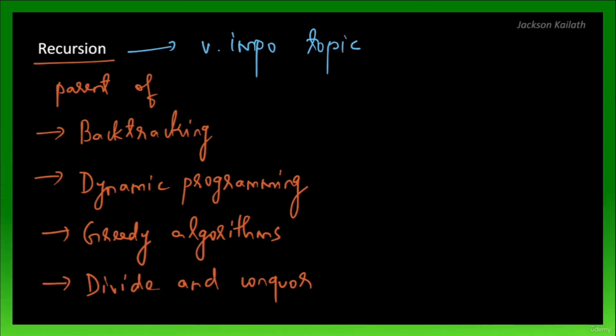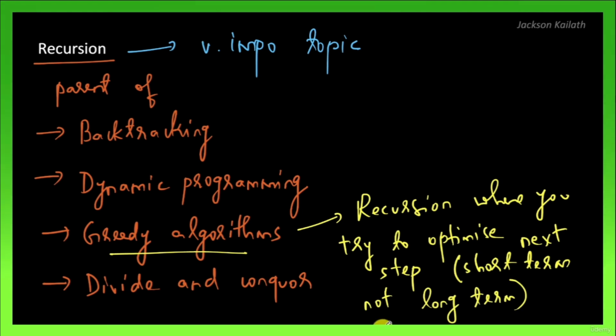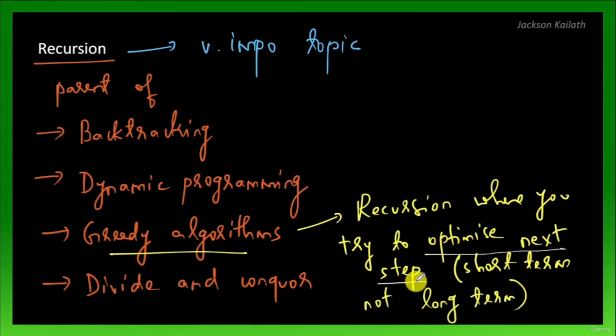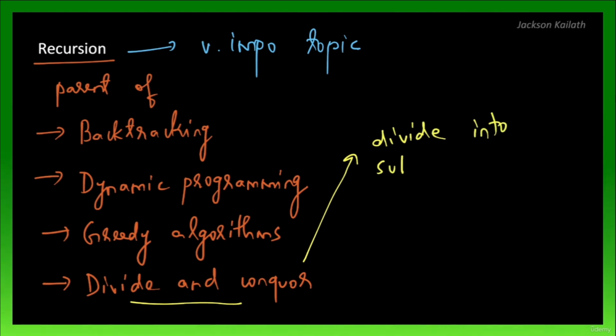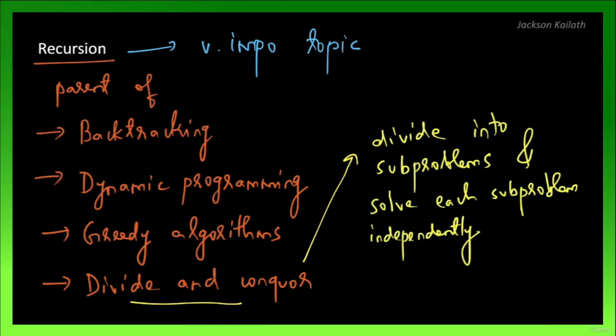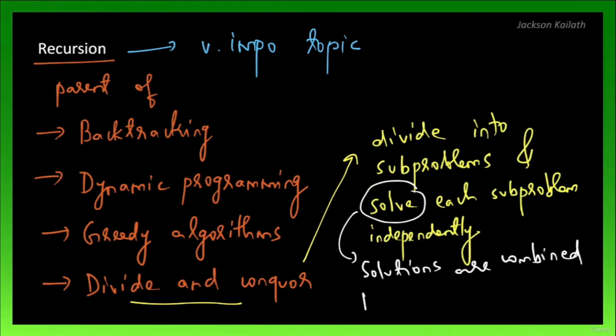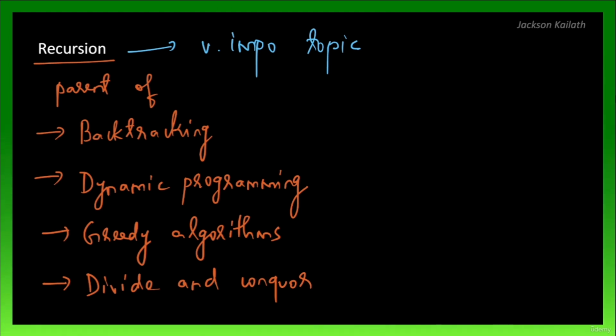When it comes to greedy algorithms, recursion is where you try to optimize the next step. Again, we use recursion for this. In divide and conquer algorithms, again, you will see that we will use recursion to divide the problem into subproblems, and we will come up with the solution by solving each subproblem independently. So notice that recursion is a very, very important topic, and you have to master this to be able to